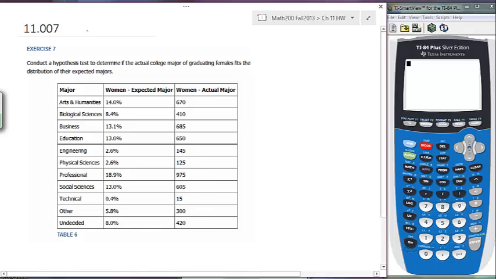This is problem number 7 from chapter 11. This is another goodness of fit test, slightly different from the one we've seen before, because in the one that we've seen before we saw that the expected frequencies were all the same. Here we have expected percentage of majors, or proportion, or probability,